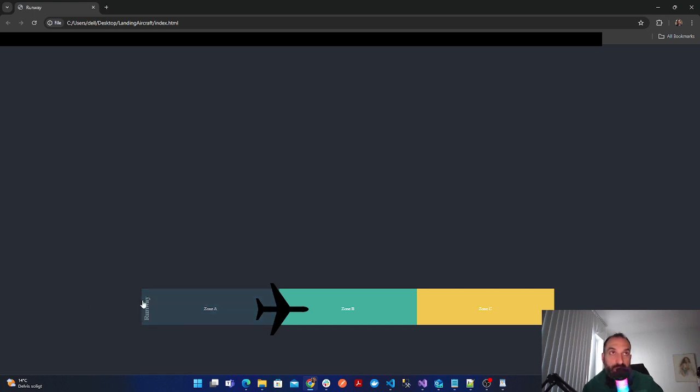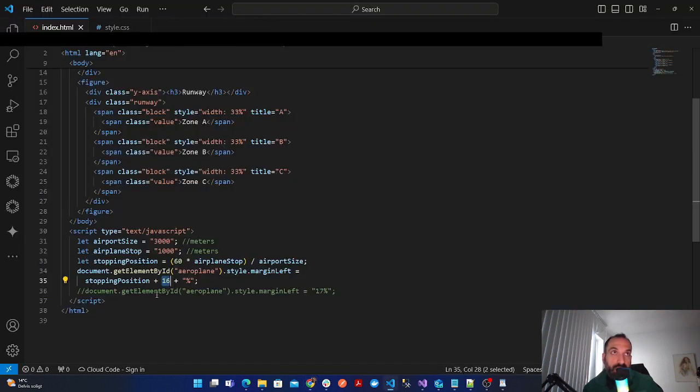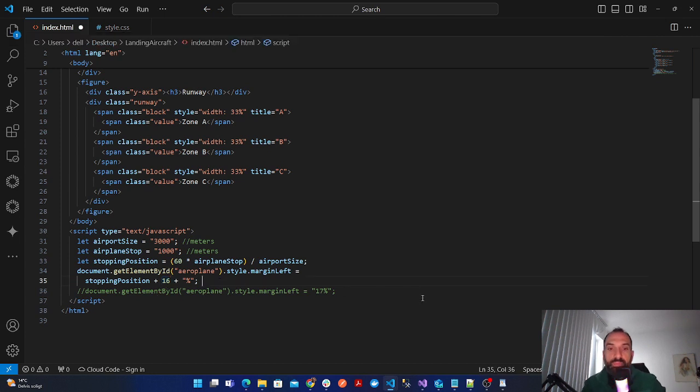But as I said before, I don't want the airplane to stop by its first edge. I want it to stop from the middle. And from here to here is 4%. 4% means 20 minus 4, and it means 16. So here, 16